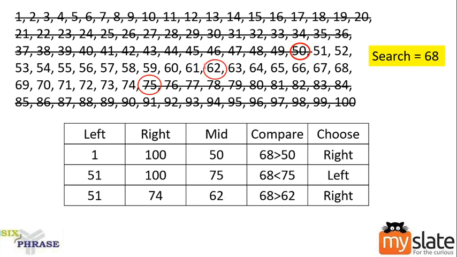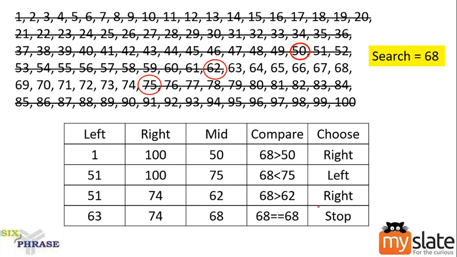Can you see the middle here? This time the search is greater than the middle value. If the search is greater than the middle value, greater values will be on the right hand side. So choose the right hand side. Which side should be ignored now? The left side should be ignored. Ignore the left hand side.